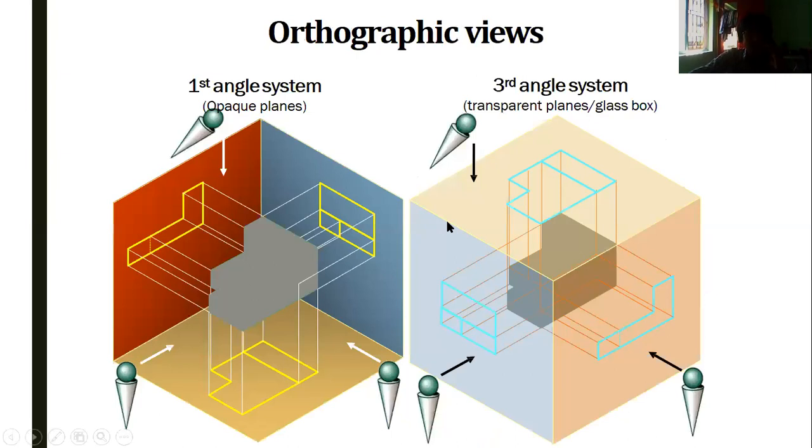Okay. Now in orthographic projection, you will see an object placed over there. In first angle projection, from this point of view, this is the front view, and this is the side view. So this is the front view, this is the side view, this is the top view. But in the third angle projection, the top view comes above the object. And this side view, whichever object I am seeing, this is still my side view. In this plane we are seeing the side view.